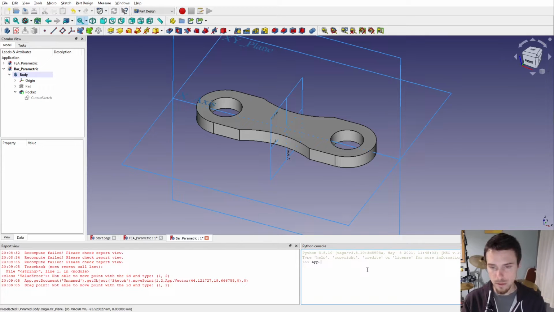So I could go to active document. It's got autocomplete. It's really handy, especially if you're exploring and you don't know how an object is constructed. The document has a function that's called getObject, and it takes a string, and the string can be the name of the object. So if I try and get the object called pocket,